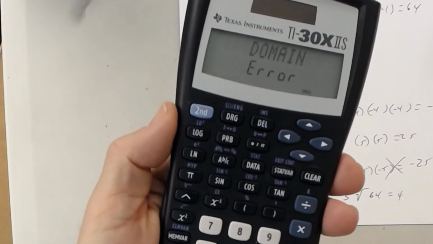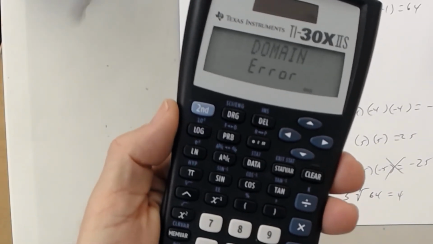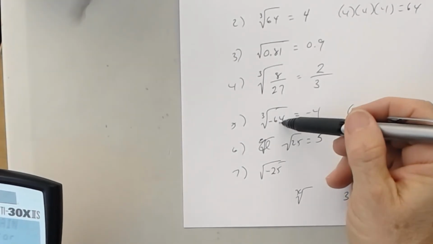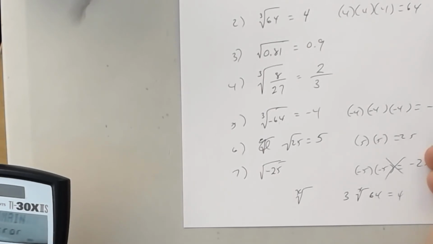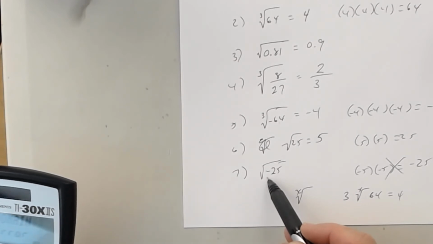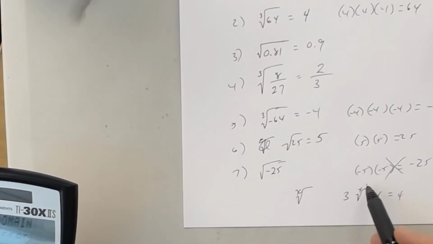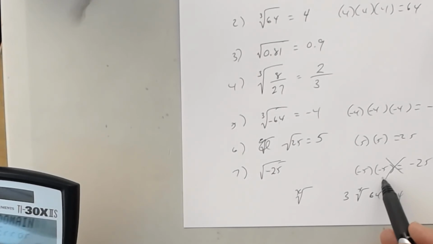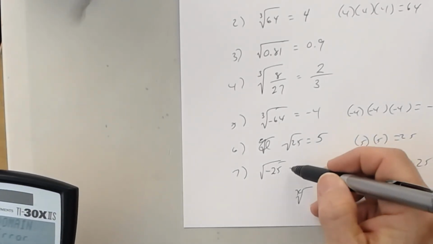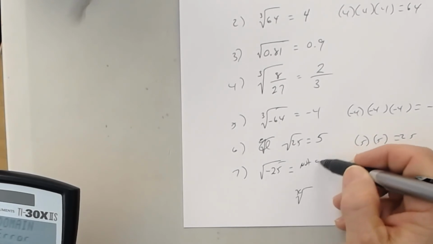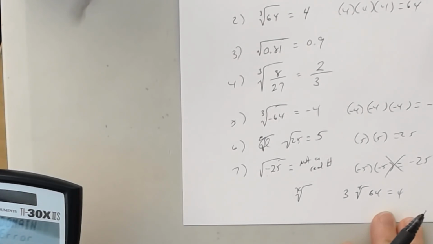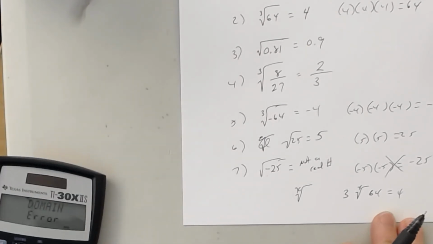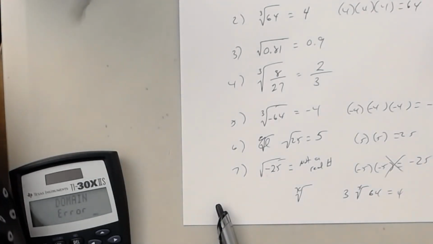Because you cannot take the even root of a negative number. We'll talk more about this next time. You can take the odd root of a negative number, because a negative times a negative times a negative is a what? A negative, thank you. But you cannot take the even root of a negative number, because a negative times a negative is a positive. So what you're going to say here on the worksheet is, not a real number. Not a real number. Okay, so what I want you to do is